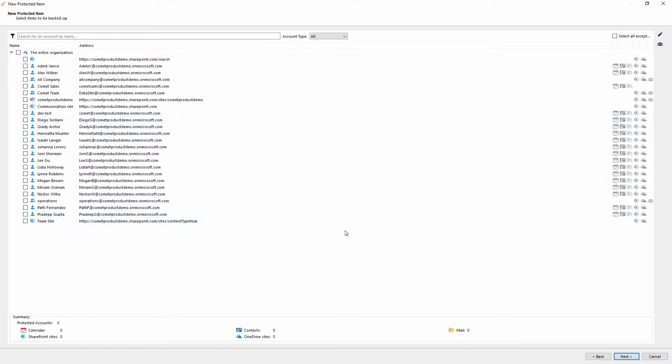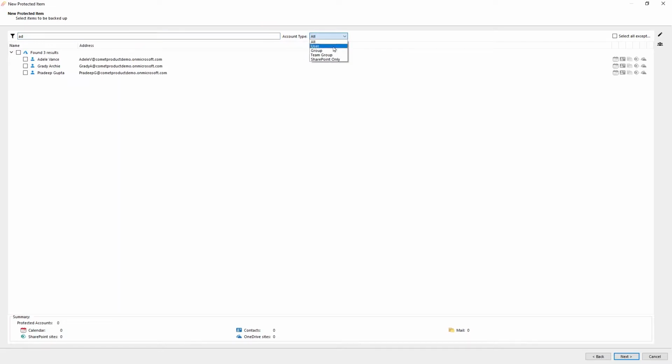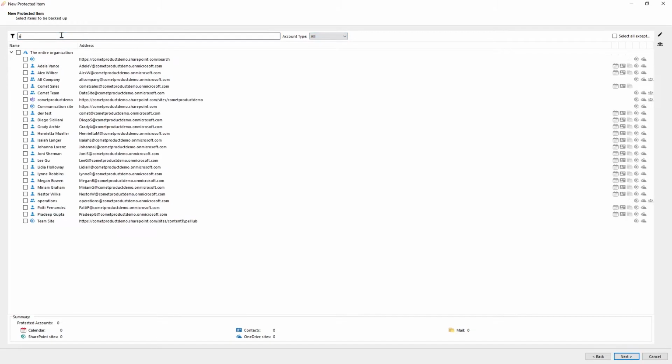With all the feedback from Voyager release track, we have enhanced our interface and have improved the experience for you. For larger organizations, it's easier to find the users or groups using our search and filter features. Selecting an entire organization will select all the users and groups and all their available Office 365 services. So these are highlighted to you on the right, all the services that have been selected for each of the accounts.